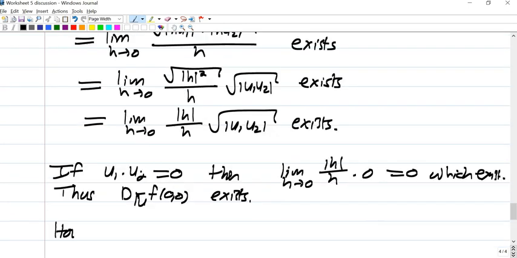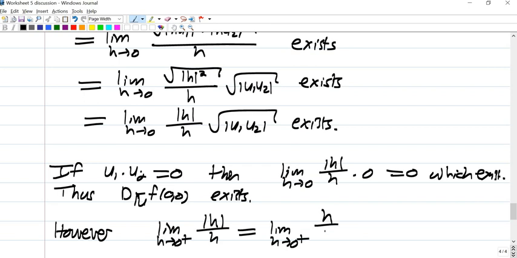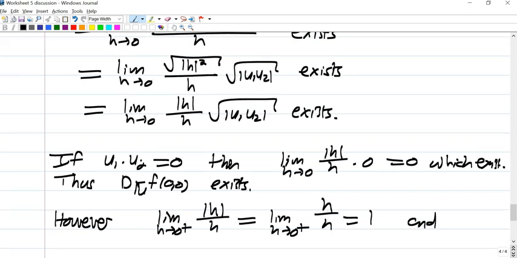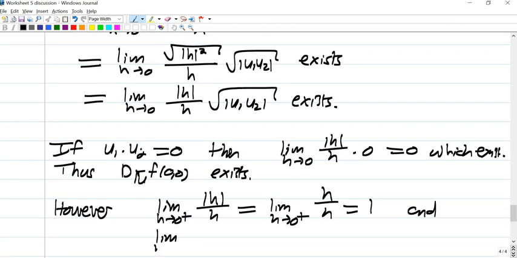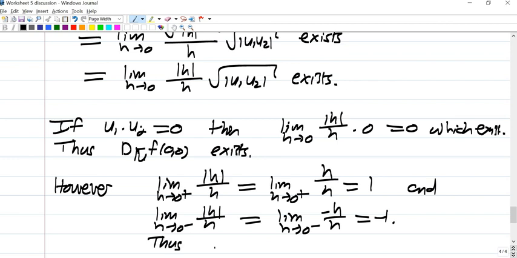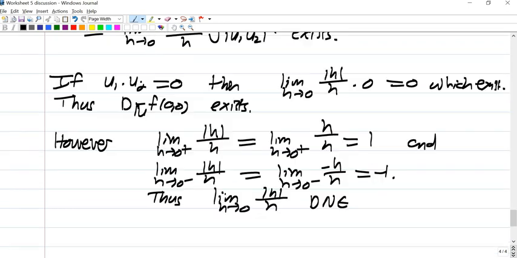However, if you look at the limit as h goes to naught from the right of the absolute value of h over h, that is equal to the limit of h over h, equal to 1, and the limit as h goes to naught from the left of the absolute value of h over h is equal to the limit of minus h over h, which is equal to minus 1. So thus, the limit as h goes to naught of the absolute value of h over h does not exist. And this is very important because